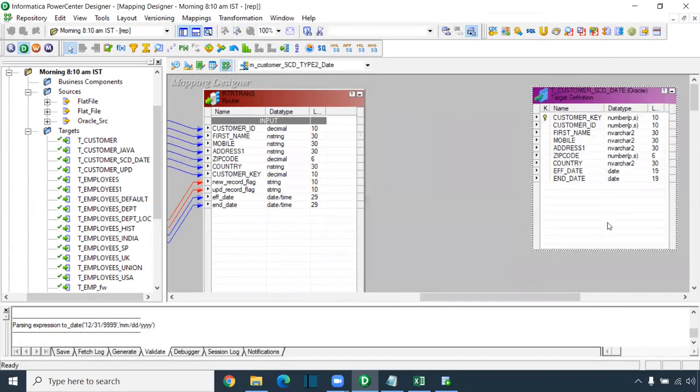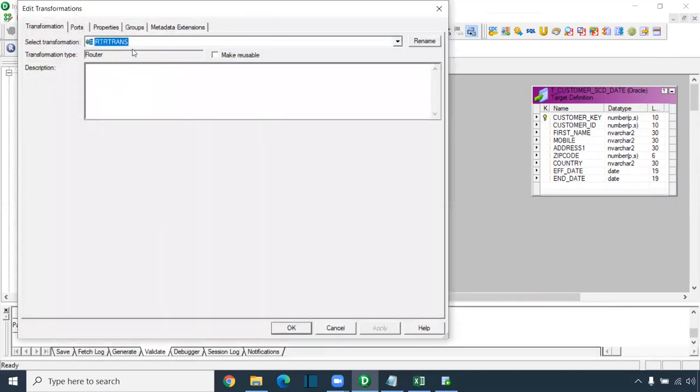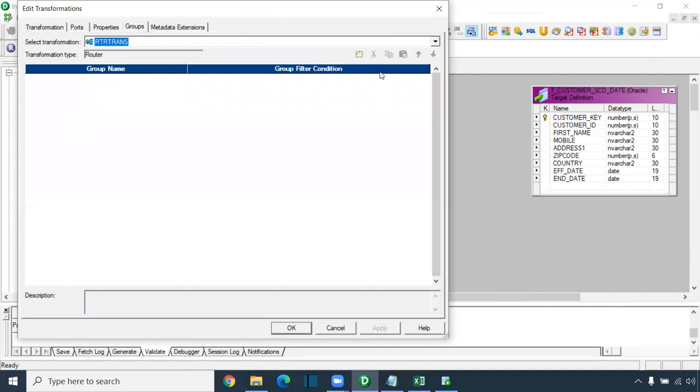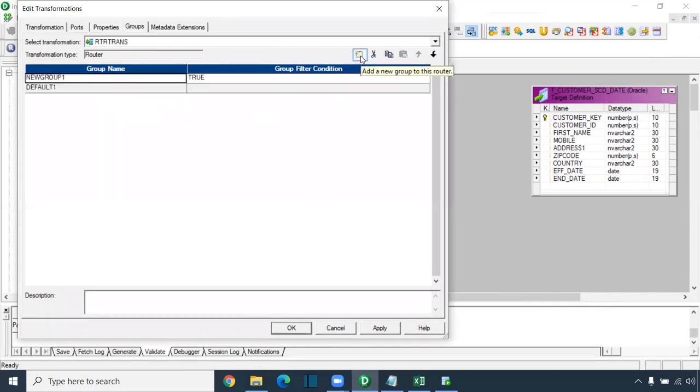So here the target, if you look at here, this target, double click on the router, go to groups. I'll create 2 groups. One is insert group, one is another update group. So this is the insert group. This is the update group. Okay. So in insert group,